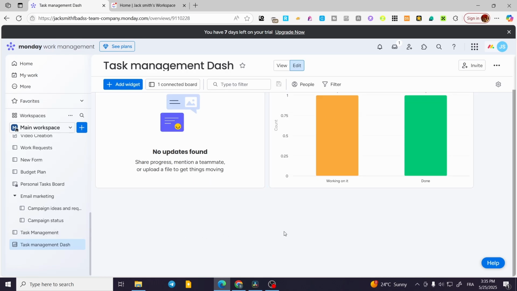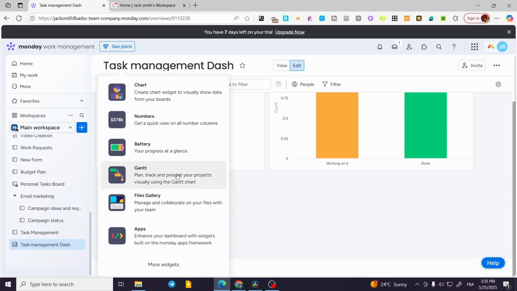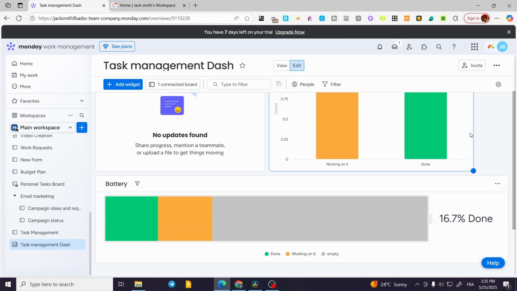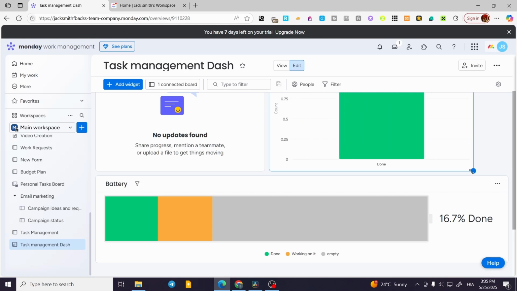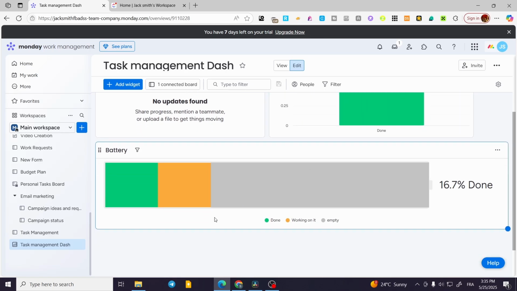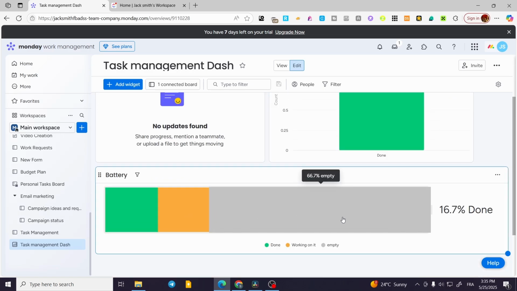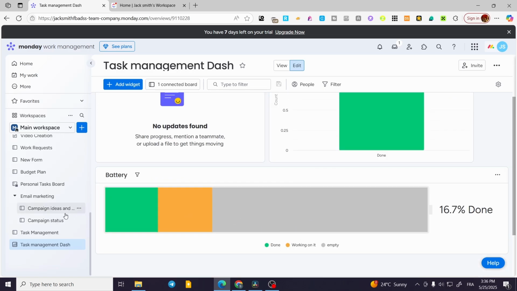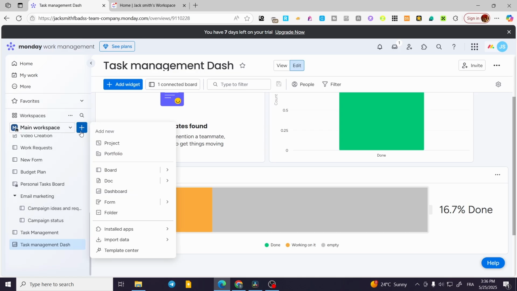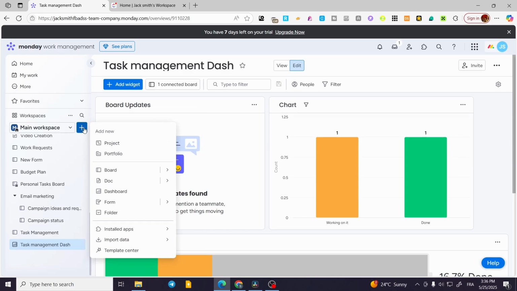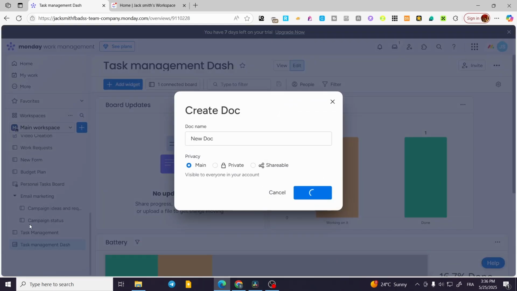Also for the tasks, let's say that you have finished adding the different widgets of the, as you can see here, specific status of your project or task management of yours. You can go ahead and have something added like this battery for the statuses, or whatever you are going to put some sections or columns for it. And the final one is going to be an addition to it, which is going to be maybe a form, for example, or a folder. So you can also add some documents or a new doc right there,